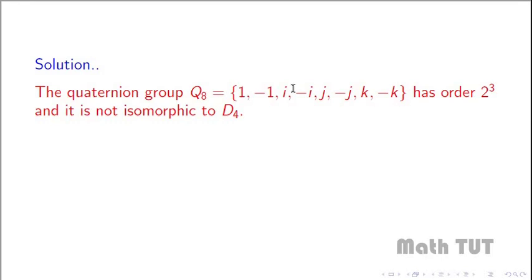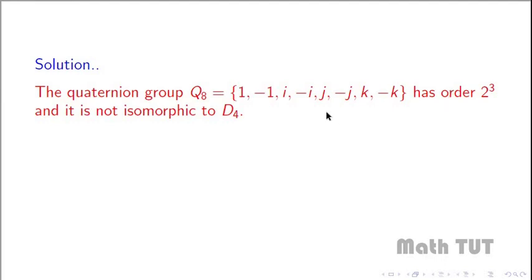So what you can see is that the order of the identity element 1 is 1, that is clear, and the order of the element minus 1 is actually 2, because minus 1 times minus 1 is 1. And i square is minus 1, so i power 4 will be 1, and similarly for j and k. So we'll basically have one element of order 1, one element of order 2, and the remaining elements will be of order 4. That is how the structure of Q8 looks, and it has 8 elements.